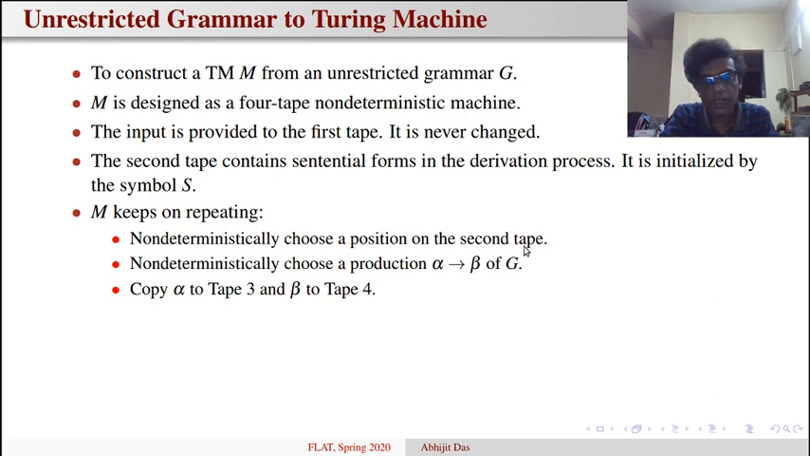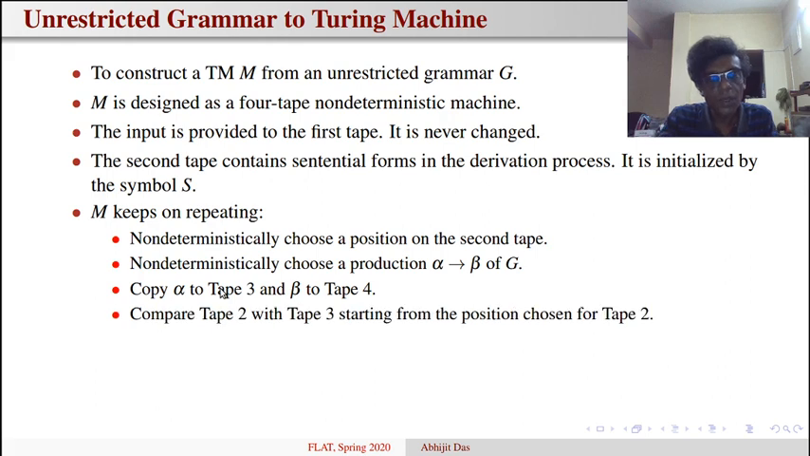Sorry, second step. It has chosen some non-deterministic location on the second step, and now first it will validate whether alpha can be found from that position. So compare step 2 with step 3. Step 3 the entire content, but step 2 starting from the position chosen for step 2, and how long? It is as long as alpha is. If it is a complete match,